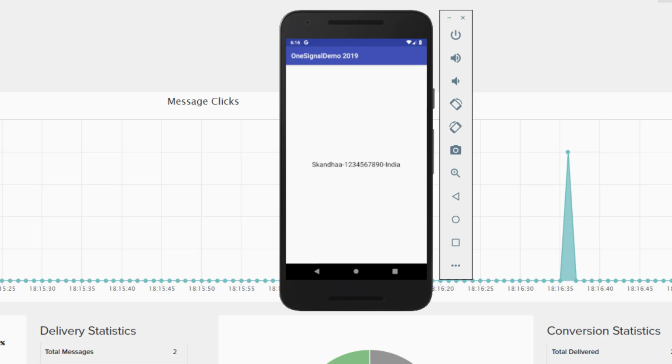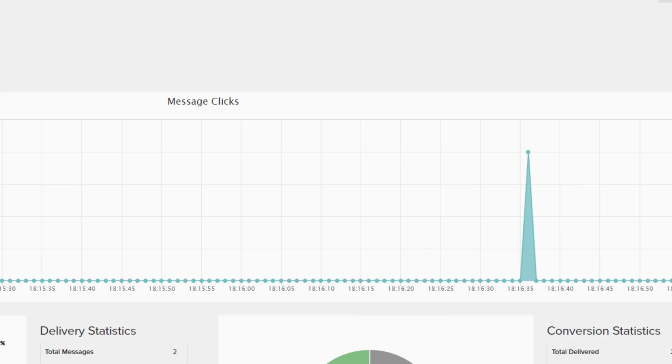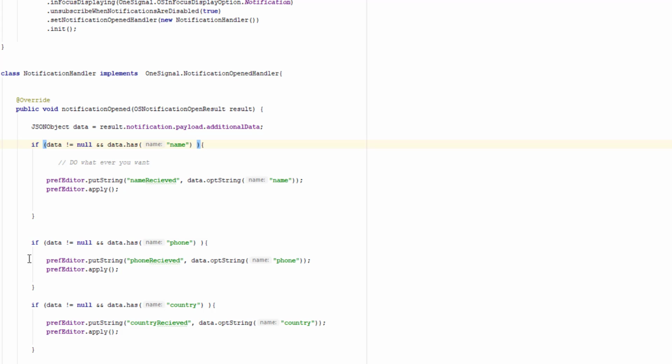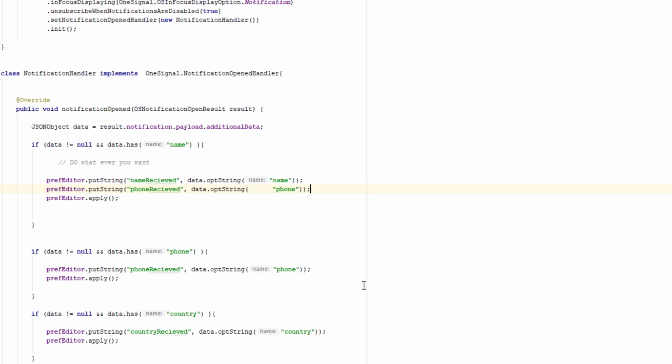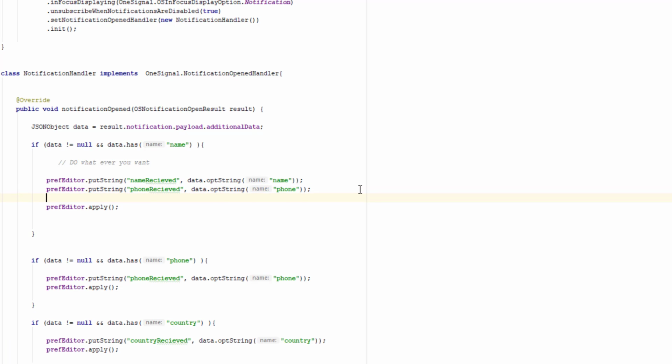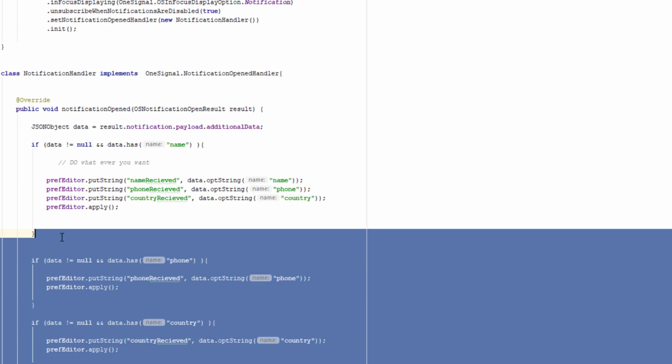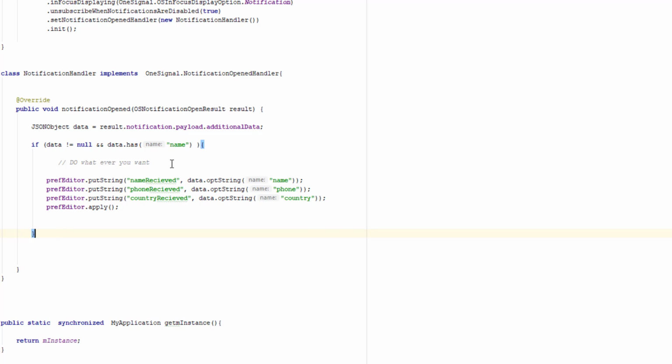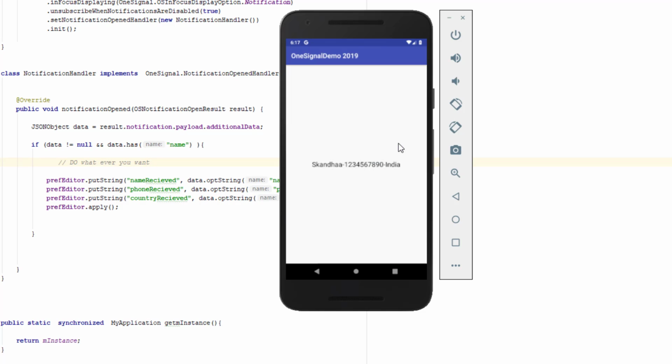You can also do it in another way. If you are comfortable with a single condition, you can go like that only. Suppose we copy this here, instead of 3 conditions we can make it a single condition if it meets your needs. Okay, so we'll run the app again. Okay, the app has been launched. We will exit it.